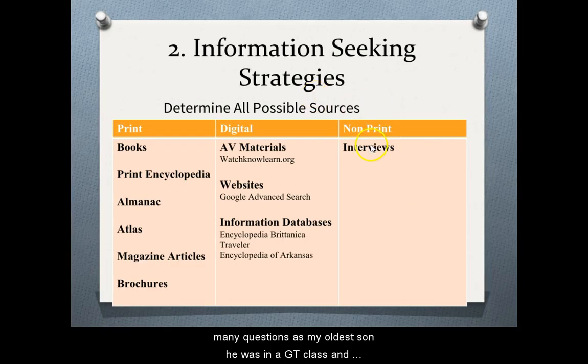So a final source that I think a lot of times we don't think about are interviews. And I always use the example of my oldest son. He was in a GT class and they had an extra project to do when he was in 3rd or 4th grade, maybe 5th. And he was all things dinosaurs. Every time he got to do some type of choice research project,